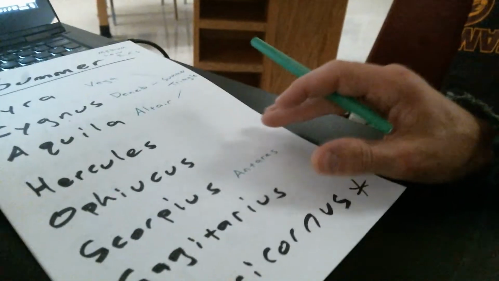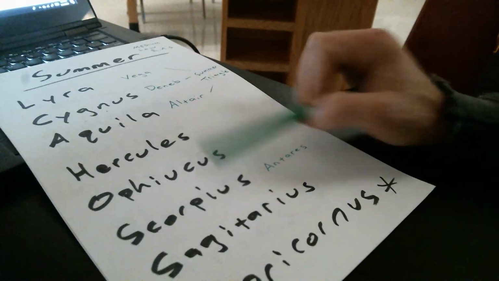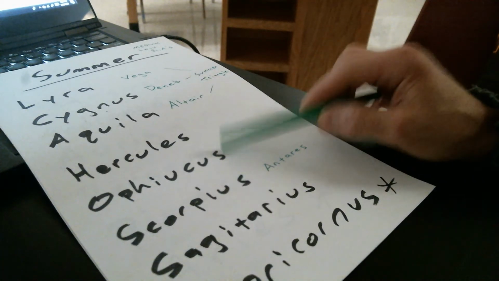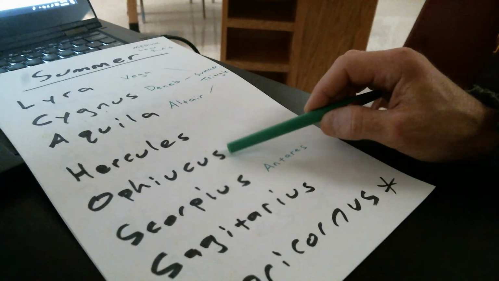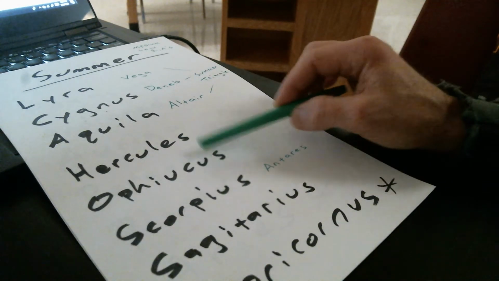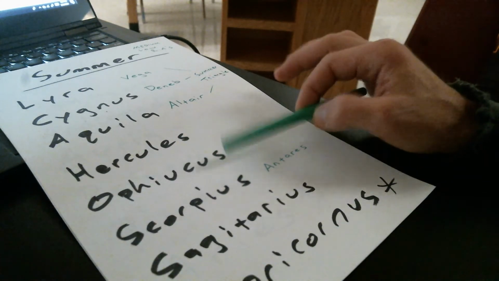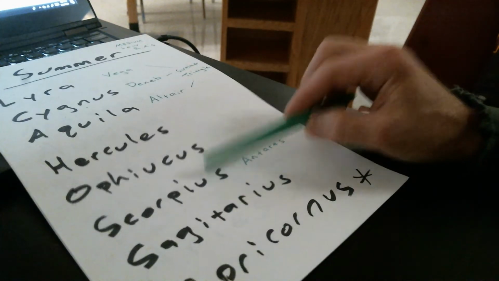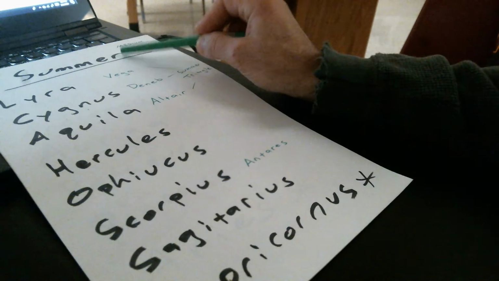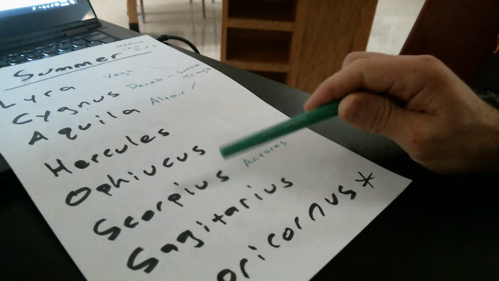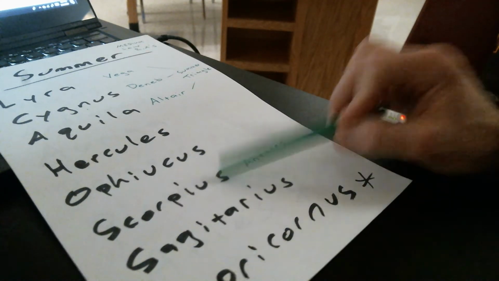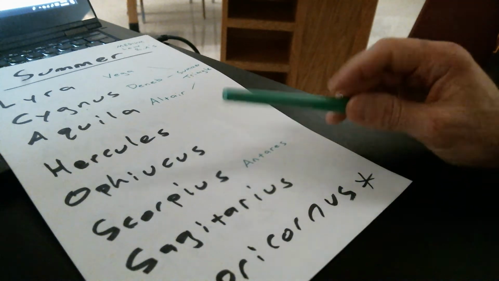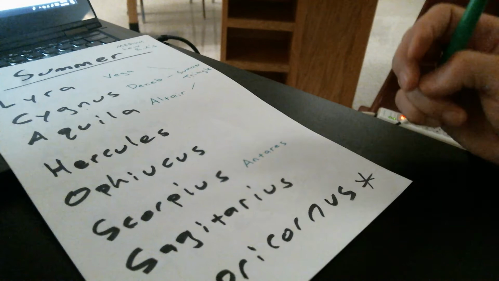Okay? The other constellations, I'm sure you recognize the name Hercules. Ophiuchus, again, you probably don't recognize. It's just a very large constellation in terms of surface area on the sky, so people typically talk about it. And Scorpius, in the summer, is a very easily recognizable constellation. Once you see it, you're like, wow, it does kind of look like a scorpion,